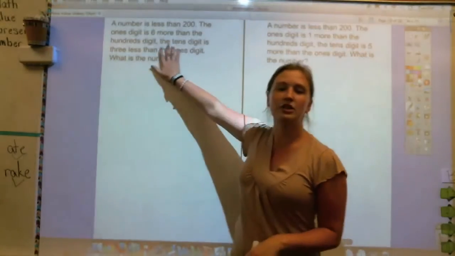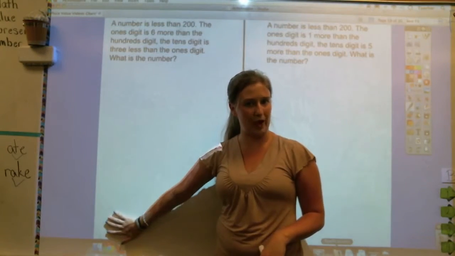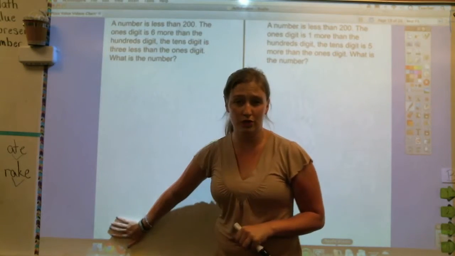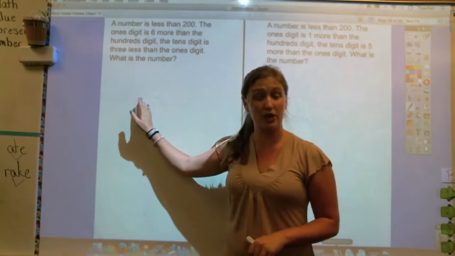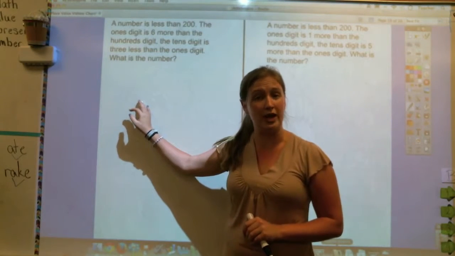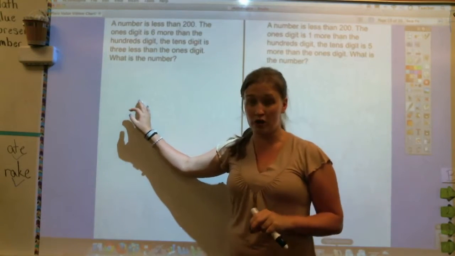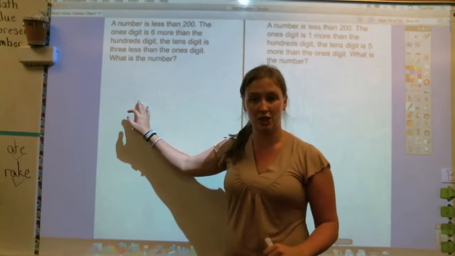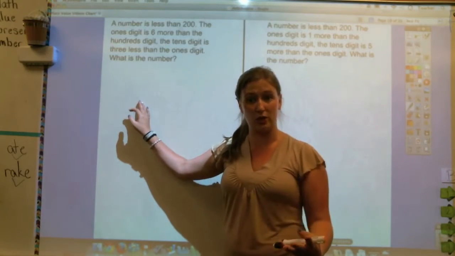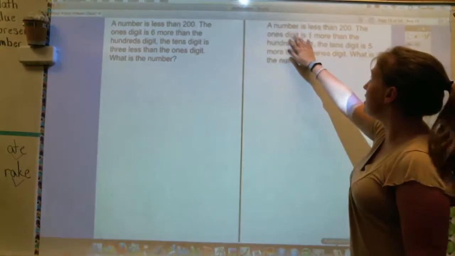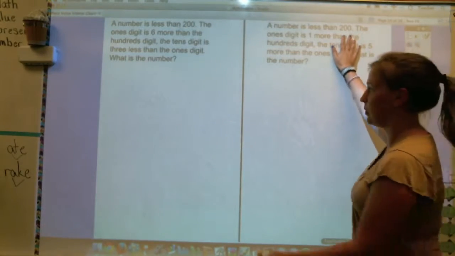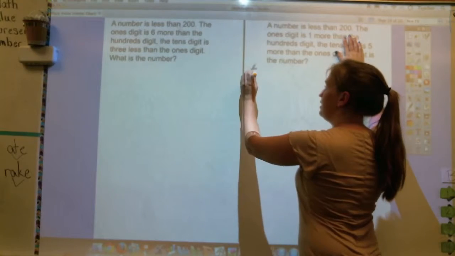Okay, here is a problem for you to solve on your whiteboard. If you're ready to do this on your own, you could solve both problems on your whiteboard and start the video again when you're ready. If you would like me to walk you through the problem, please continue watching and pause the video as we go. So, my question reads, a number is less than 200, so I know that it has to be between